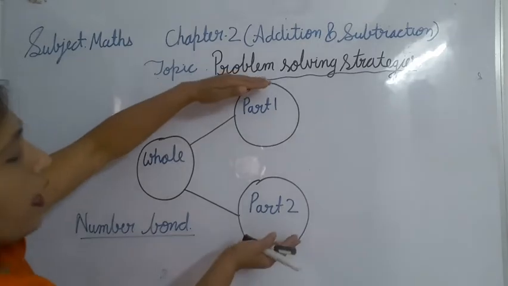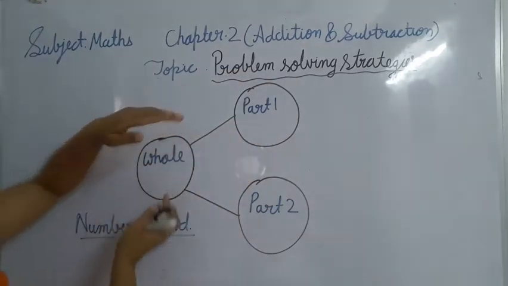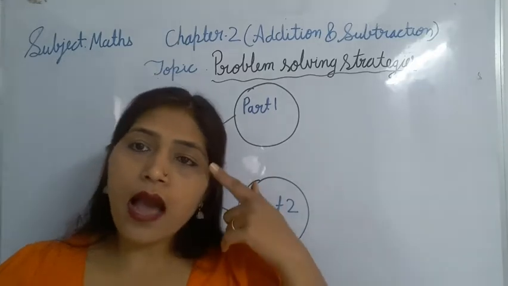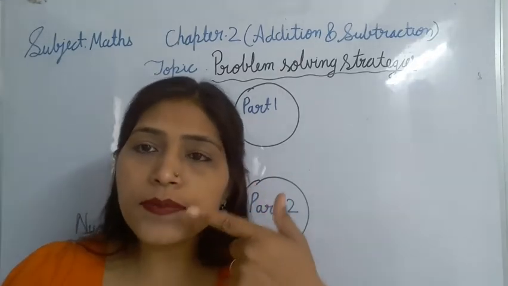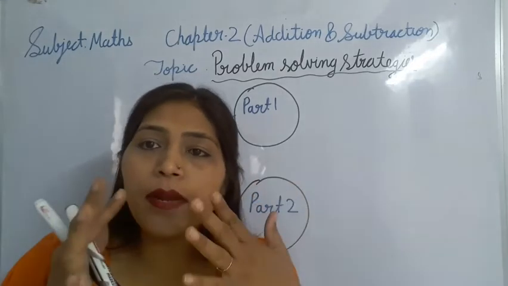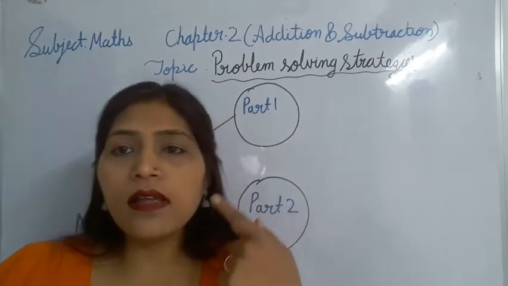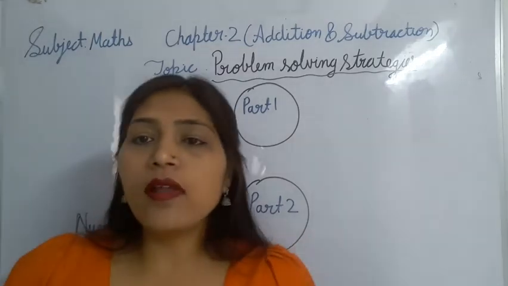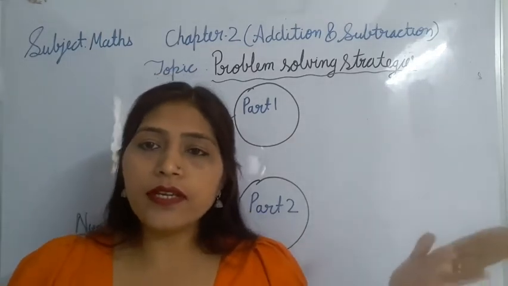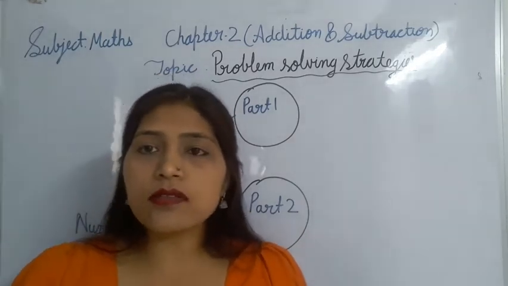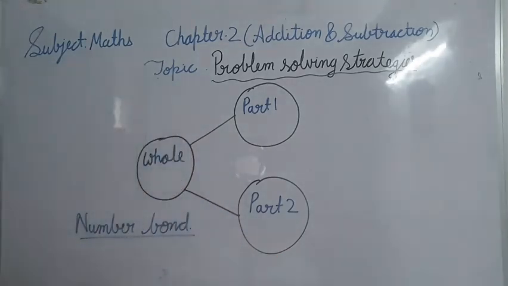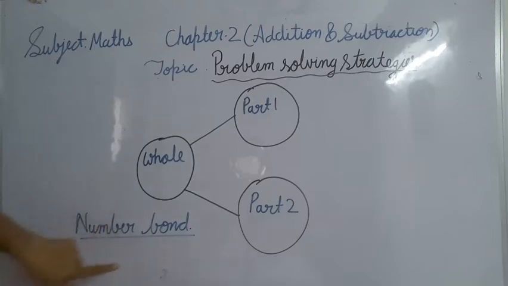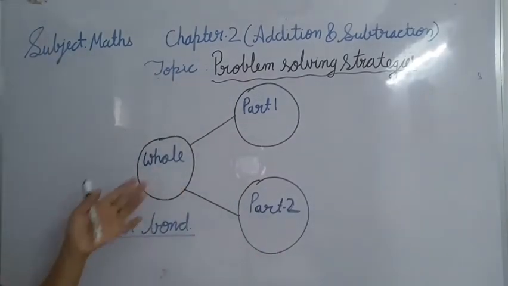So when we combine the parts, we get the whole, like a body. We have different body parts like eyes, nose, lips, ears. When we assemble them, a face will be made. And like this, how will we make the whole body? We need hands also, we need legs also. So the same way, when we assemble the parts, we make a whole. Here is a nice example to make it easy.